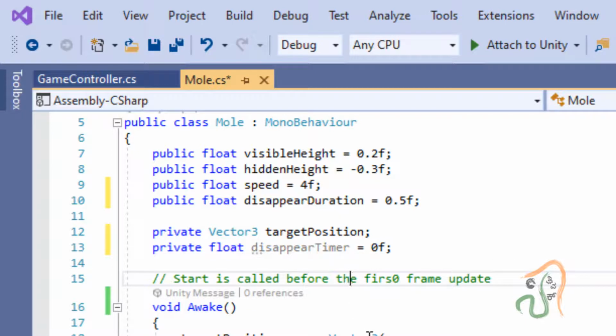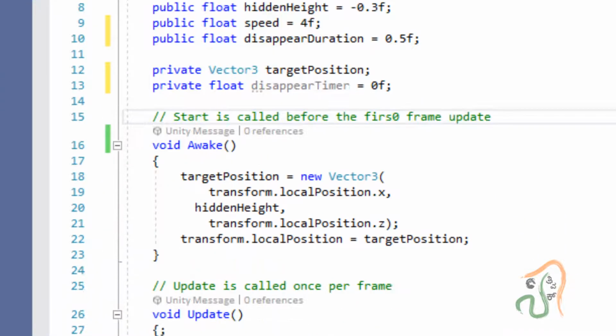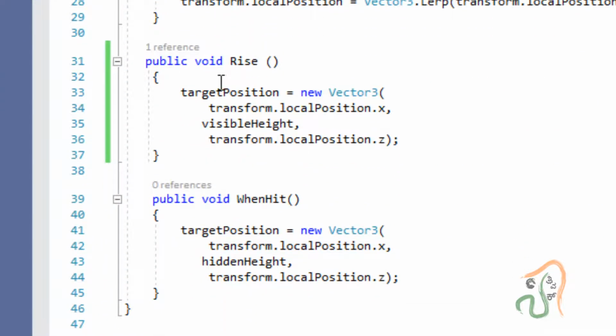So we declared two variables. One is disappearDuration for half a second and disappearTimer, which is set to 0. And now the logic we use is, if you come to this rise method, in the rise method what happens?